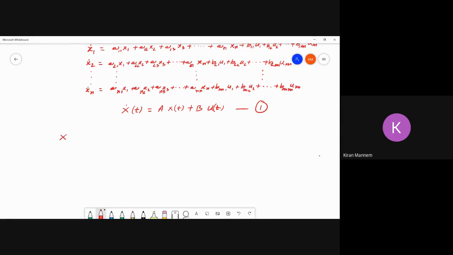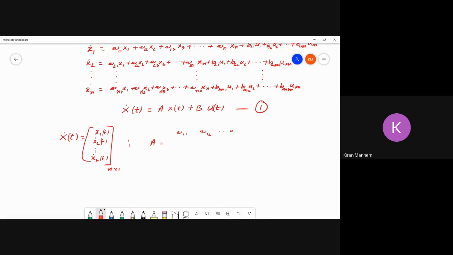First matrix is x dot of t, it is x dot 1 of t, x dot 2 of t till x dot n of t, which is n by 1 matrix,